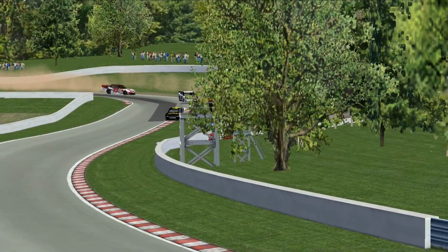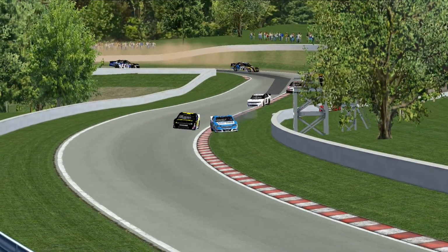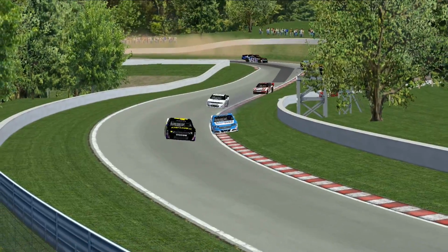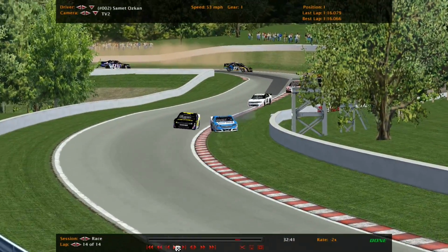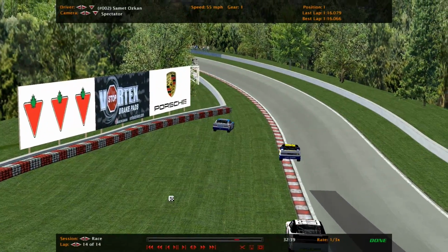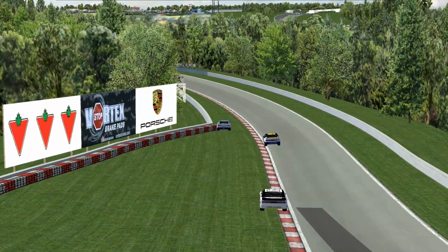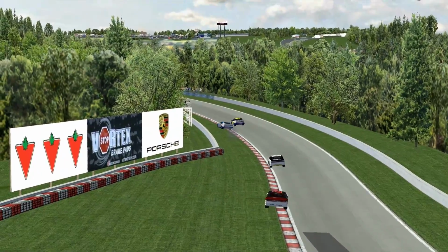If only he just went a little bit to the left. Like a stock car should. Or no, actually to the right, not the left. What am I saying? He just clips it. And you know those tire barriers, they're deadly. Just clips it right there. And that was enough. If only he came back onto the racetrack